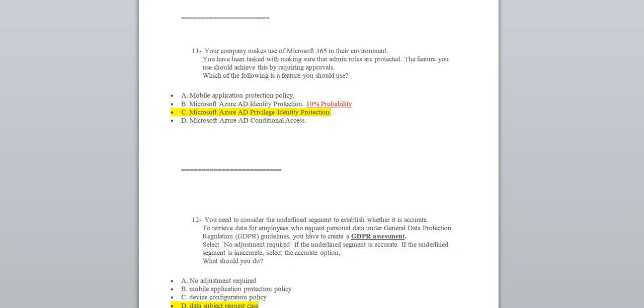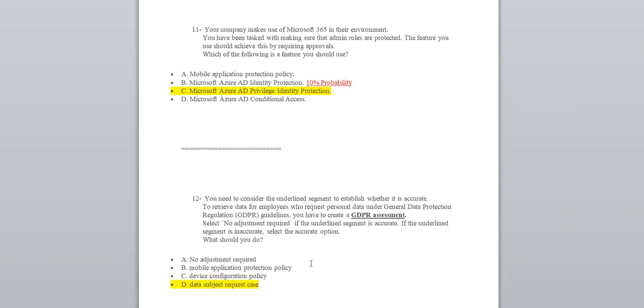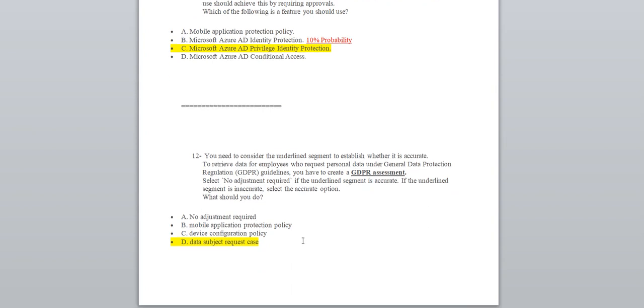What should you do? So for that, I would go for sure with the data subject request case. So you're going to have a case for anything that comes with the GDPR, folks, and personal information. So you have to have a data subject request case in here. Number 12 is the